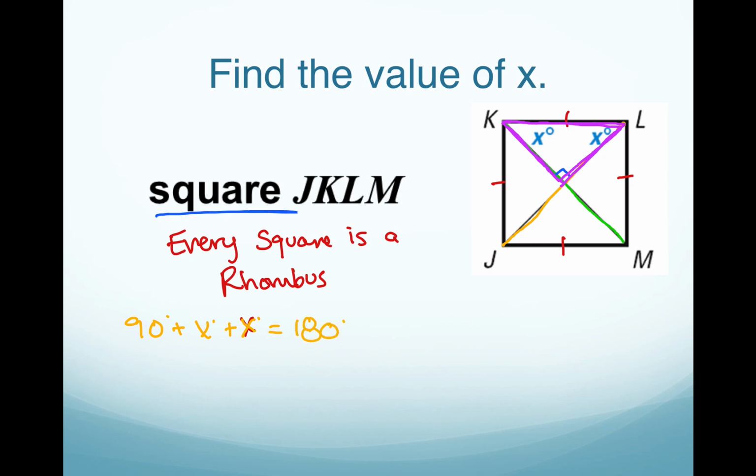If I combine like terms, that's 90 degrees plus 2x degrees, because there are 2 x's, to equal 180. If I subtract 90 on both sides, I'm left with 2 times x degrees equals 90 degrees. If I divide by 2 on both sides, I'm left with x is